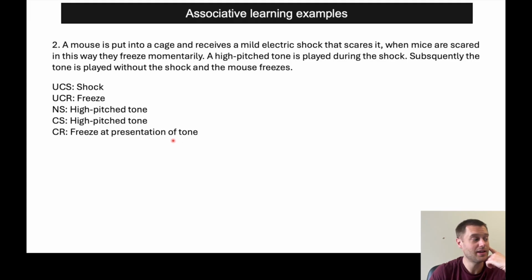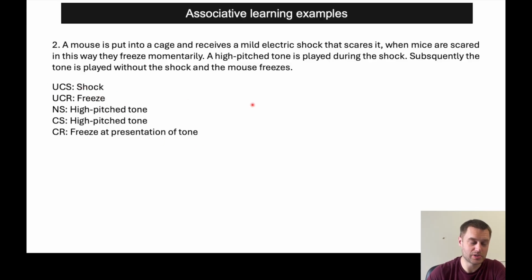Because what if they said the mouse freezes in response to the shock? That's an unconditioned response. That's not a conditioned response. If they said the mouse freezes at presentation of the tone, which indicates the shock, then that would be a conditioned response. And that's because that requires a learning component. The mouse is not afraid of the tone until it is in close temporal proximity to the shock,